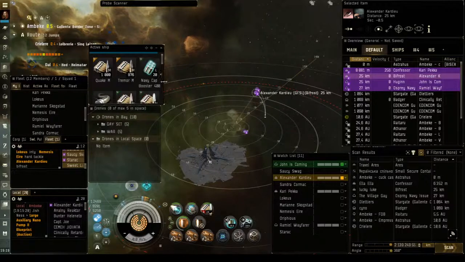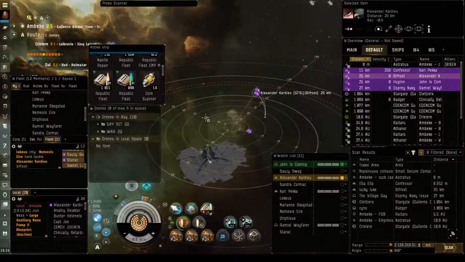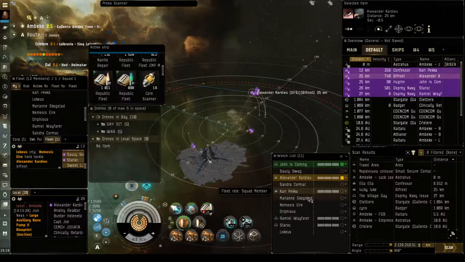Right, let's see if everybody's close. Everybody's here in system. All right. How's Crillier looking? Lokius, have you checked it? Yeah, I did. It was quite quiet. I'll jump in again. I'll tell you what, guys. If you're in system,